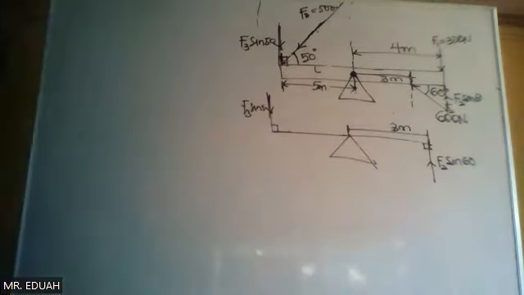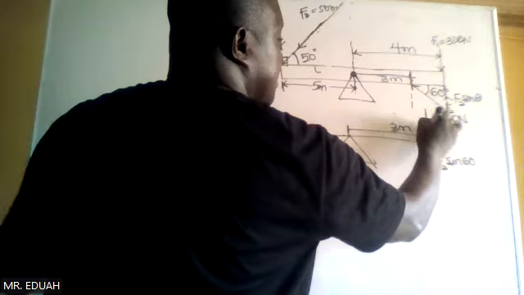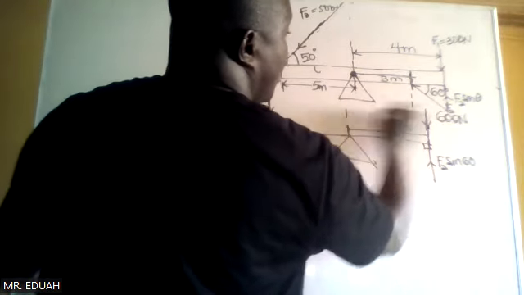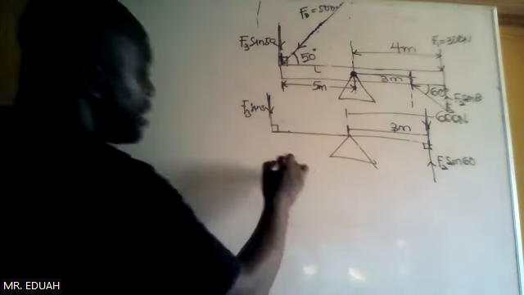As for F1, we have it there. It is acting here, and that is 4 from the pivot. So we identify